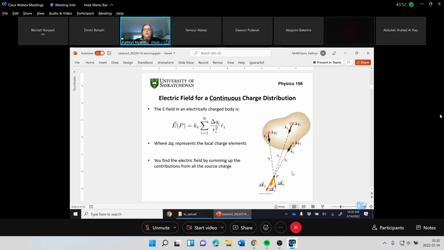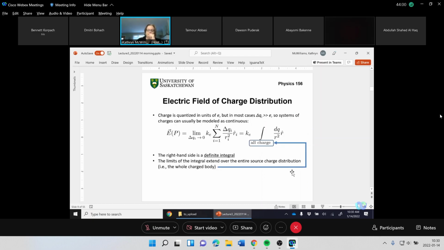But we need to move from this discrete form of calculating the electric field to a continuous version. So we change the summation over all charges to look like an integral when the object has a charge distribution that's continuous in space. Okay, so E is equal to K, like this. And the R hat,